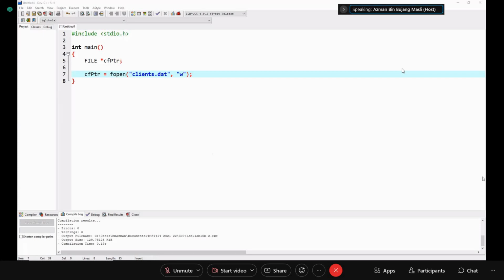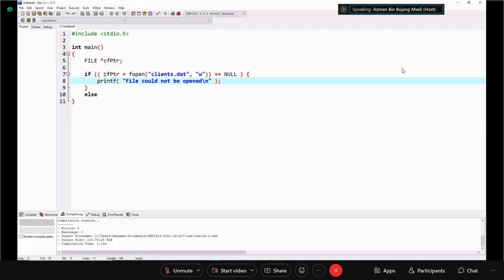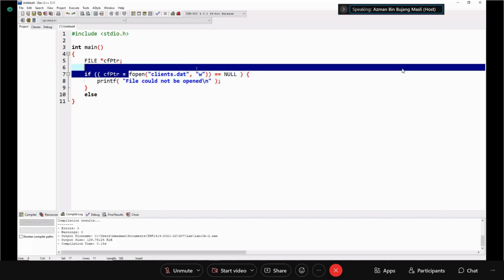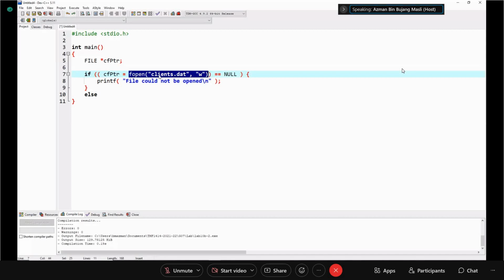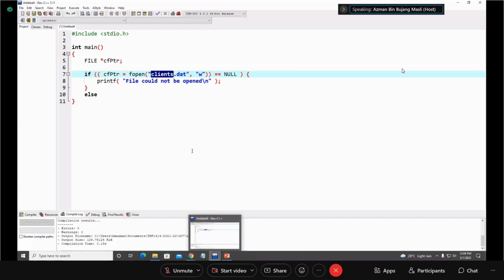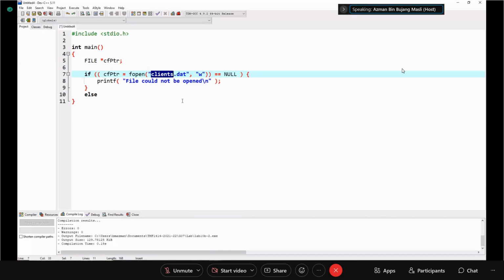But it's good if you can open the file checking for error, which is this one. So this one will open the file. This is open function, to open your file client data, for example here. This one we can change it to something else.